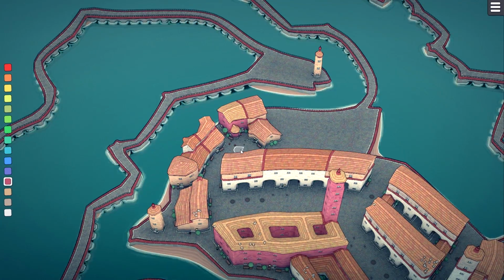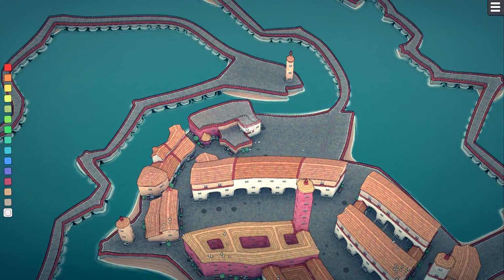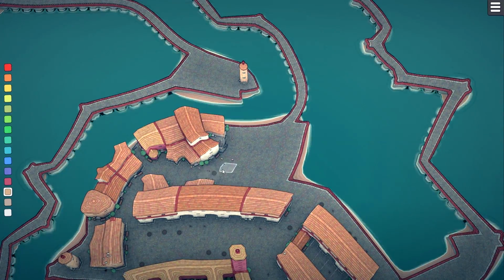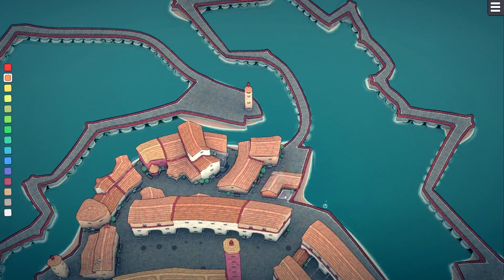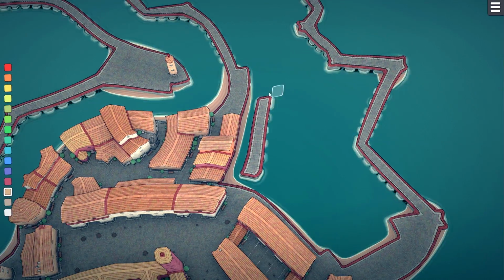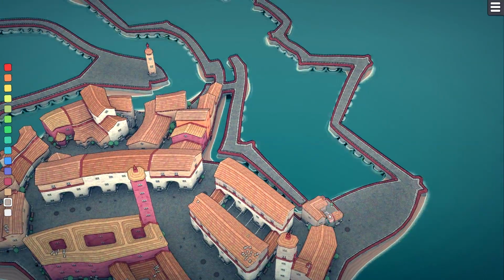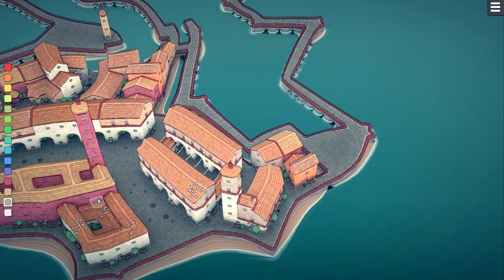But I think where it gets really interesting is in making the urban fabric of the city itself. This is not actually my first time trying to make Venice in Townscaper, but the first time I just wasn't really happy with it because I took a very similar approach to building the buildings that I already had done before, and it looked very similar to my first video of the game, and it just didn't really look like the urban fabric that you see in Venice. I have to add, I've never actually been there,